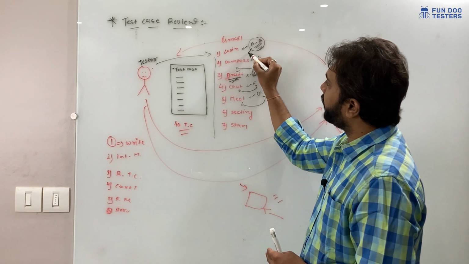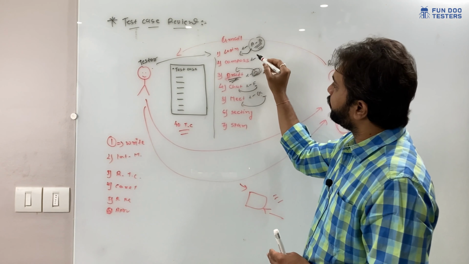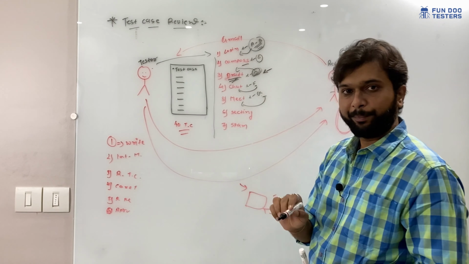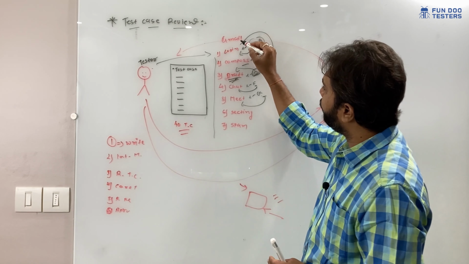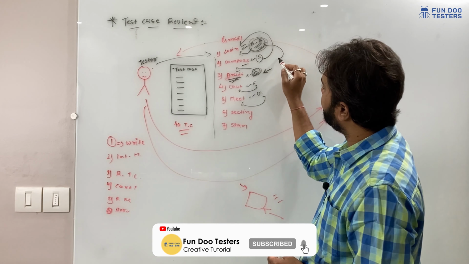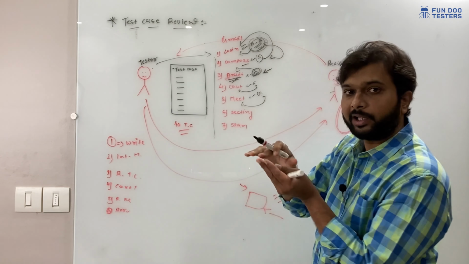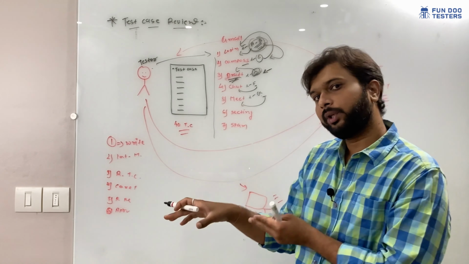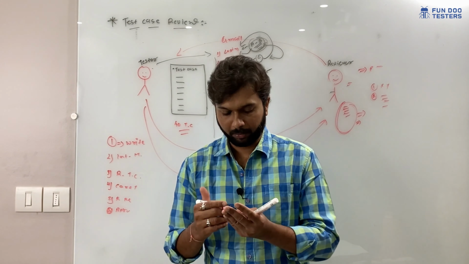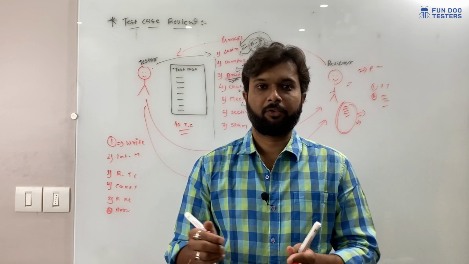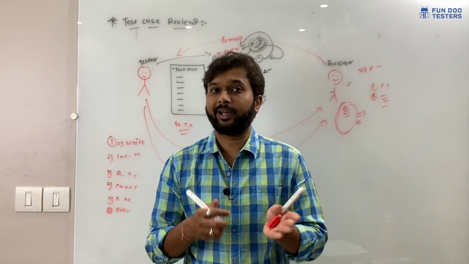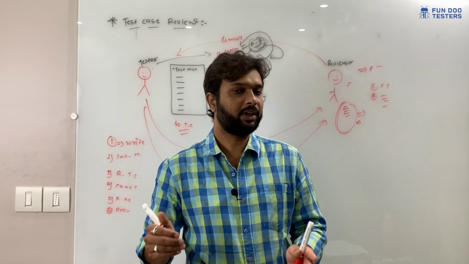A and B testers are working on the login functionality and C is working on the compose. So in peer review, C will review the work of A and B, and A and B will be the reviewers for C. They are reviewing each other's work. In that case, they will get to know what they have missed, because whenever we perform testing, we write the test cases. There are different minds and each mind comes with new approaches.